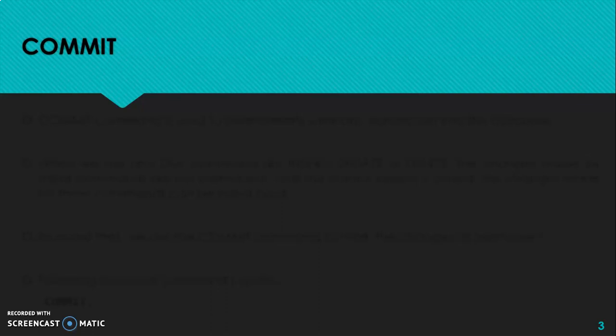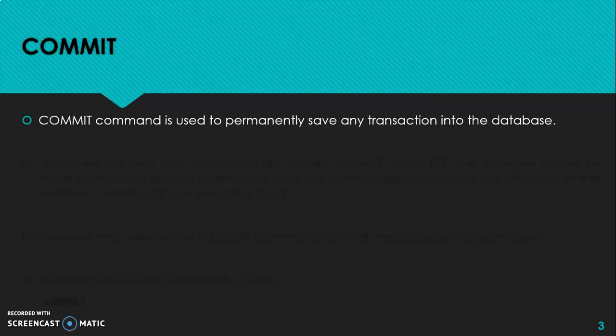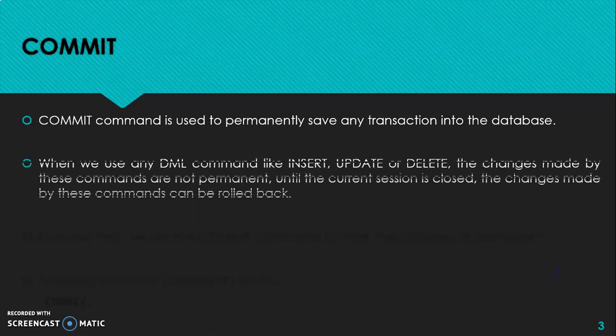Now starting with the DCL command commit. The commit command is used to permanently save any transaction into the database. Whenever you execute different queries, it only changes the database, but these changes are not permanently saved until you close the database. So if you want to save in between, the commit command will help you permanently save the changes.